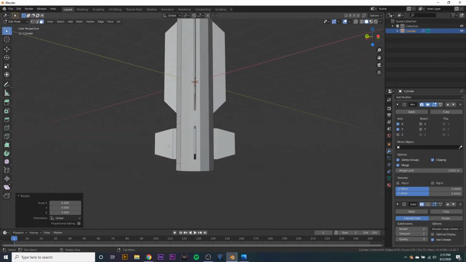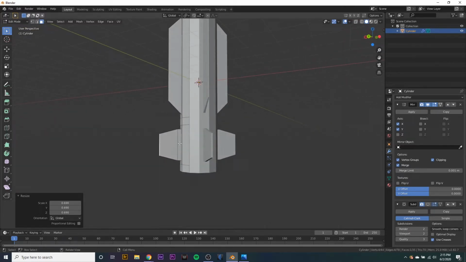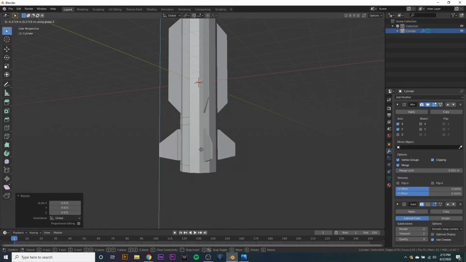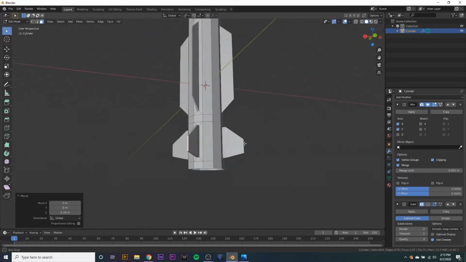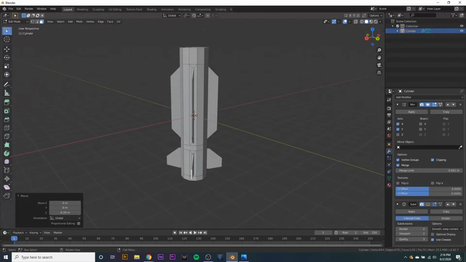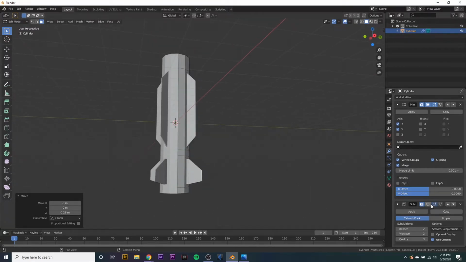And you can see that these sides are even right now, so if we hit G and then Z, we can kind of move it back a little bit. Maybe we can actually scale it down a little bit more. And then G and then Z to move it back a little bit, like that. And that looks pretty good,